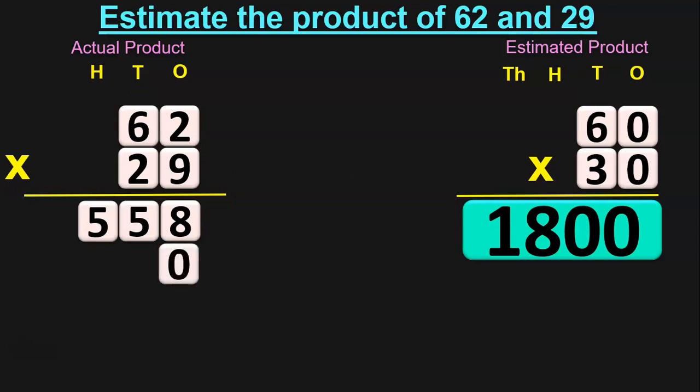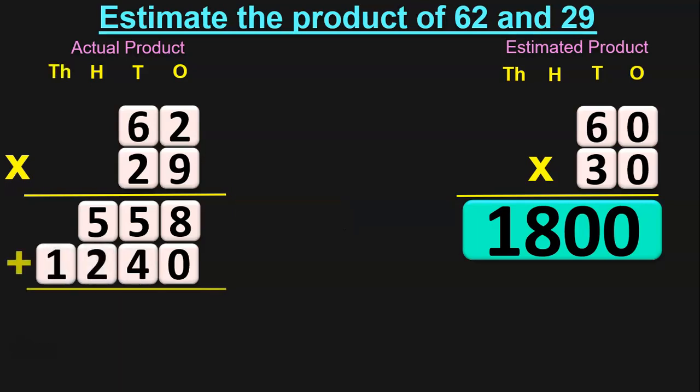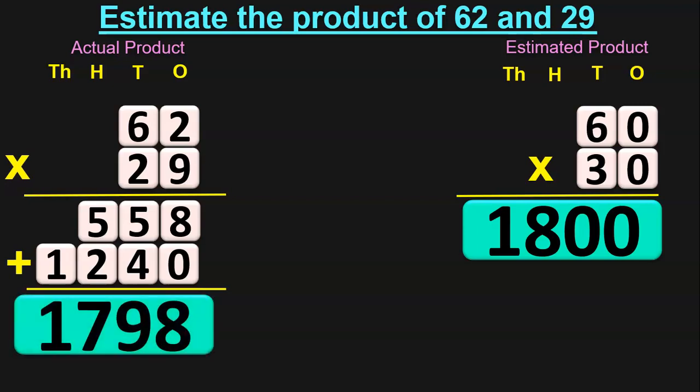Next add a 0 in the ones place and begin multiplying by 2, which is there in the tens place. 2 2s are 4. So next 2 into 6 is 12. 2 and the 1 will move to the thousands place. Now we'll have to add these two products. 8 plus 0 is 8. 5 plus 4 is 9. 5 plus 2 is 7 and 1 in the thousands place, and the answer that you get is